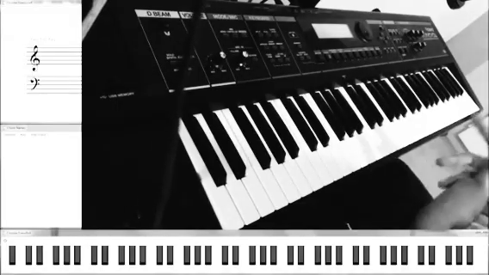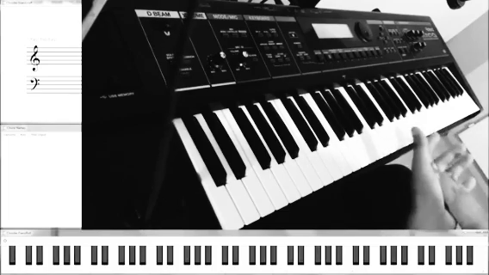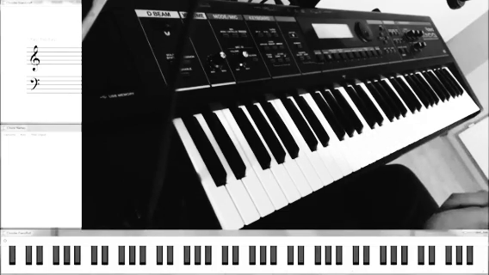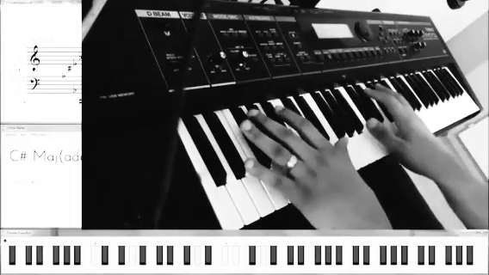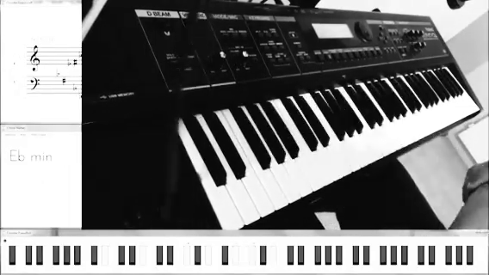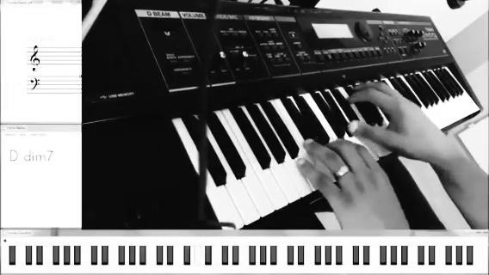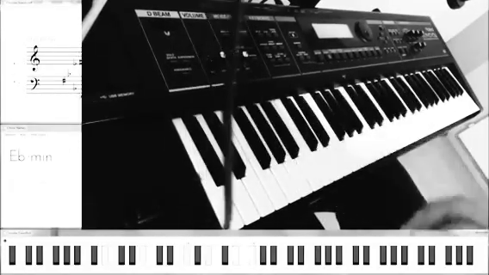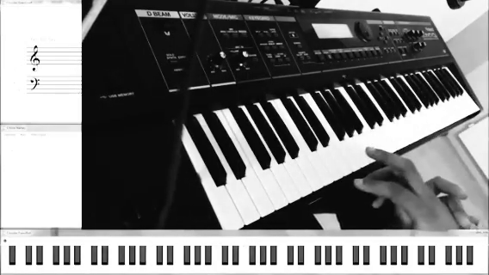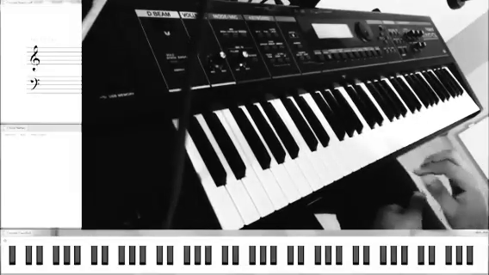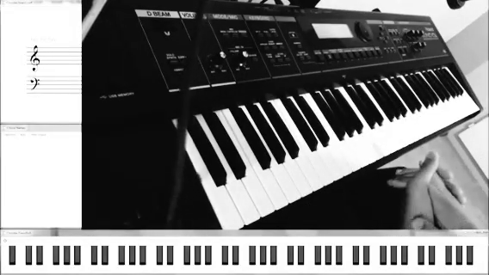Okay, cool. So in order to play diminished walk ups and walk downs, there's a specific scale that you need to learn to be able to do that. In our case, we're playing in the key of E flat and we're going to the E flat minor. So we're going to need to come up with diminished walk downs that allow you to land on the E flat minor. So what that scale is, it's called the whole half tone diminished scale,